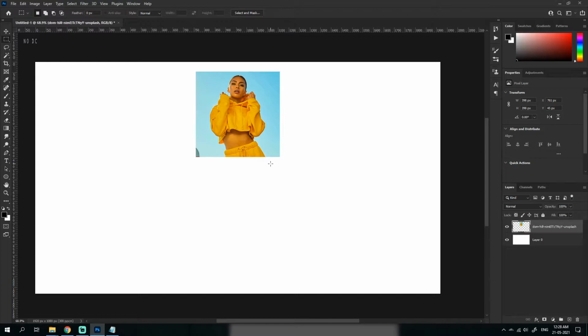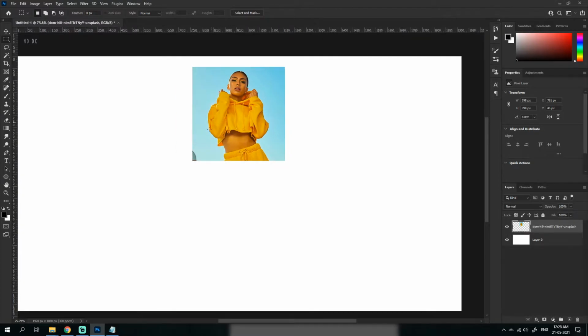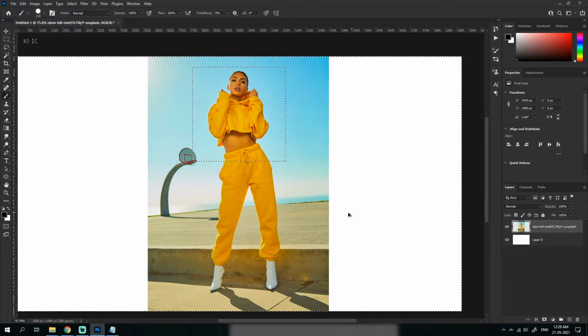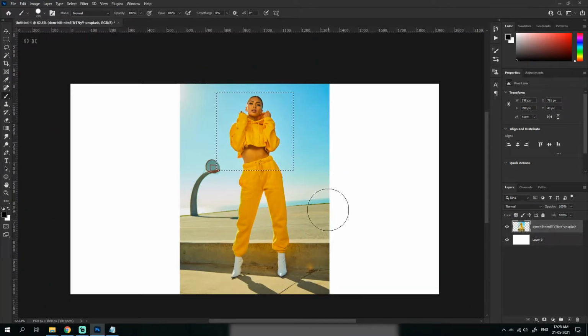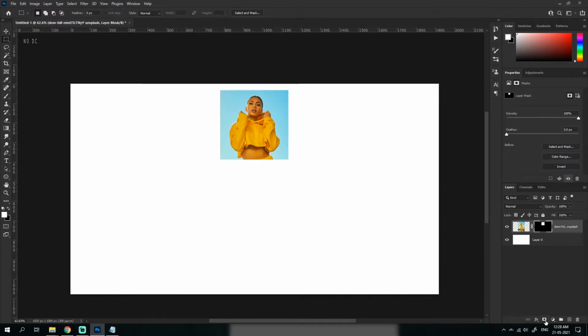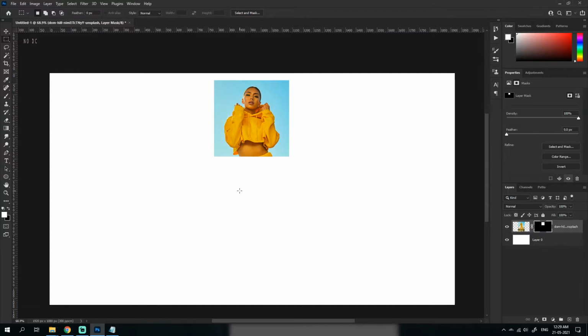But let's say after working for like 20 minutes, I realize I needed the bottom section also, but now I don't have it. What do I do? I cannot paint it back. That's why we use a feature called mask. With the section selected which we want, we use the mask. In this way it is masking the area which we want and which we don't want.